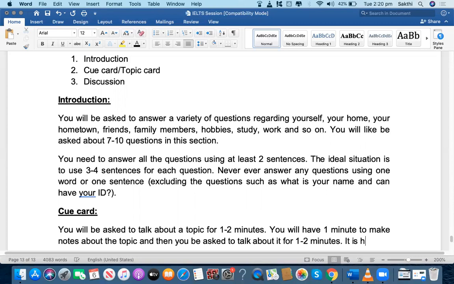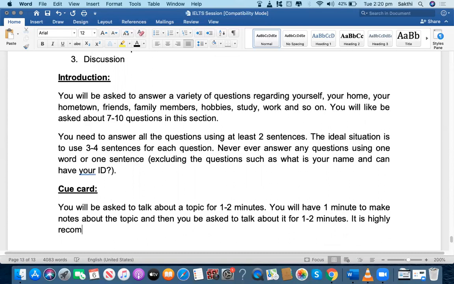It is highly recommended to use 2 minutes fully, particularly for the people who are aiming at 8 bands. It is a must to use 2 minutes fully. Similarly, you need to use 1 minute fully to make